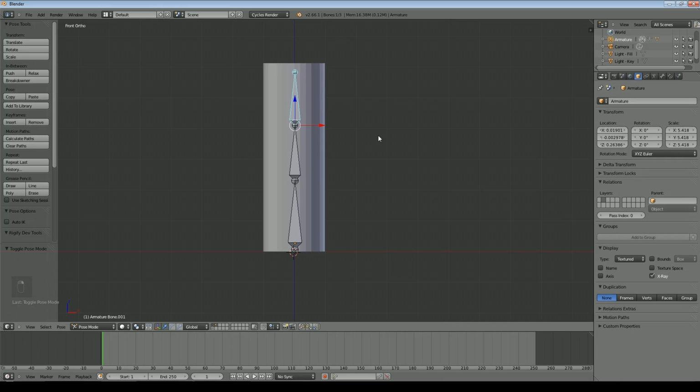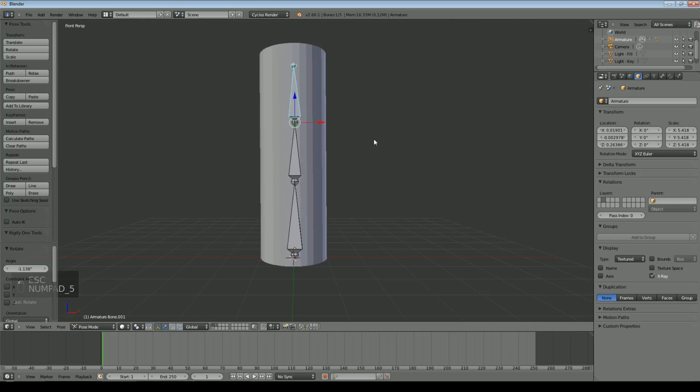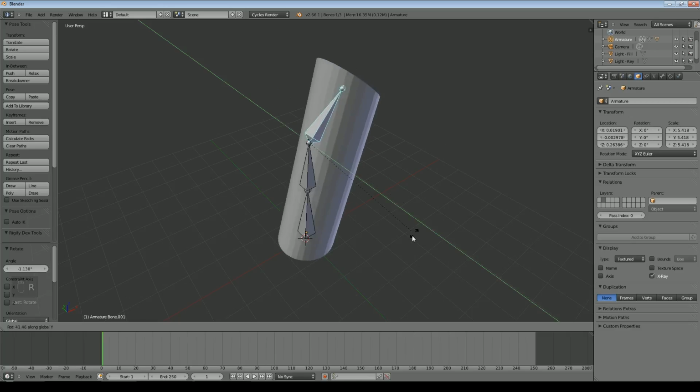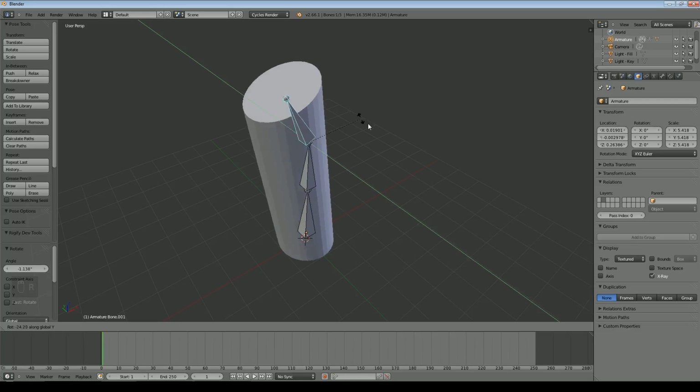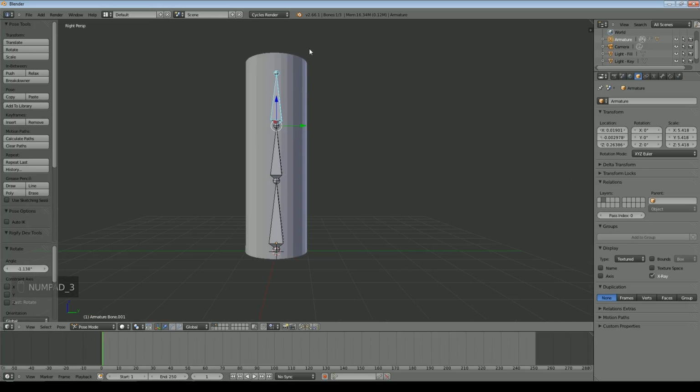So what's going to happen? Let's find out. It doesn't do what we expected it to do. If I look from this angle, it's actually just distorting the top relative to the bottom. And the simple reason for that is because we don't have any vertices for it to work on.